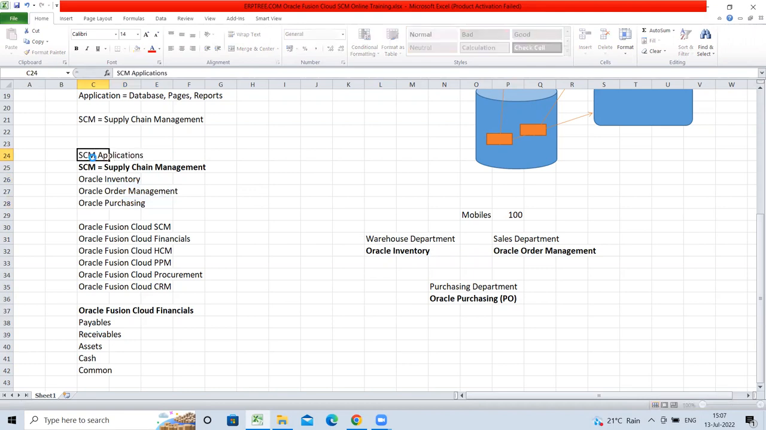These are SCM applications. SCM stands for supply chain management. That's what we discussed. The same way we have Oracle Fusion Cloud Financials applications. Here, these are the five departments we have. For these departments, Oracle is providing the different applications like Oracle